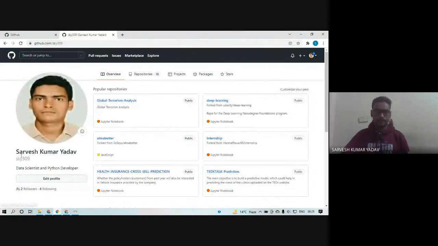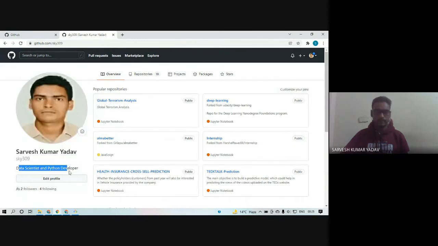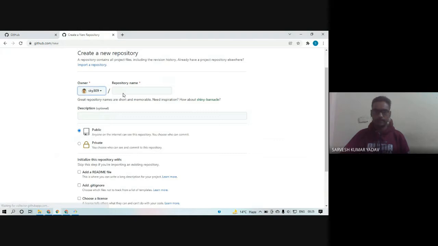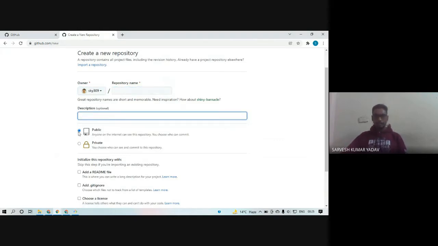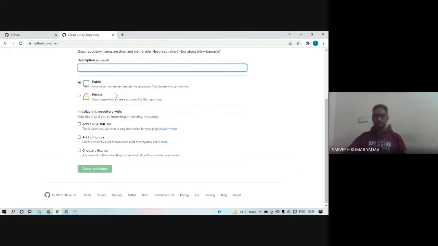This is my name, username is Sky309, data scientist and Python developer. After that you go to this plus symbol, click on it, create a new repository and give the name of the repository, write down descriptions, keep it public or keep it private if you don't want to show it to anyone.